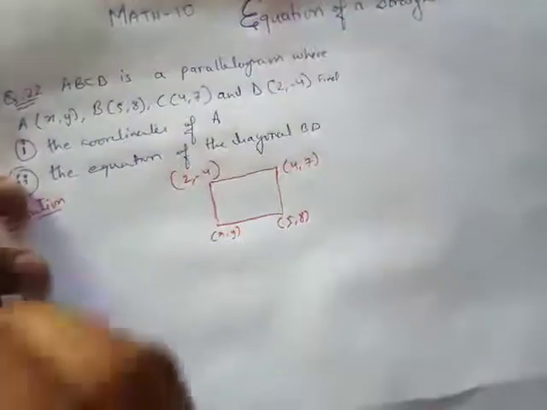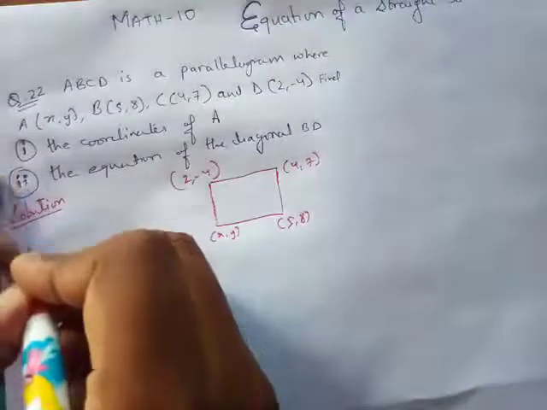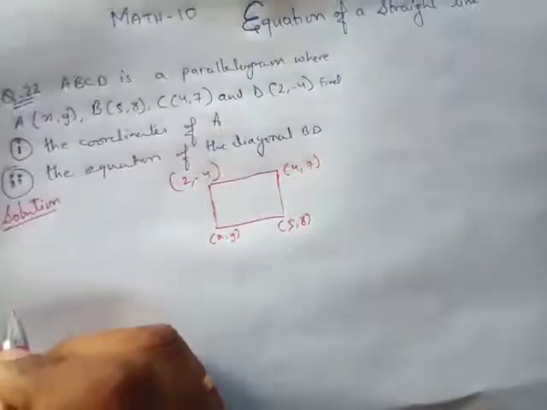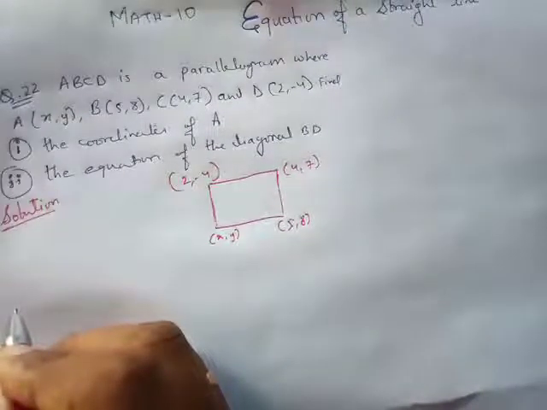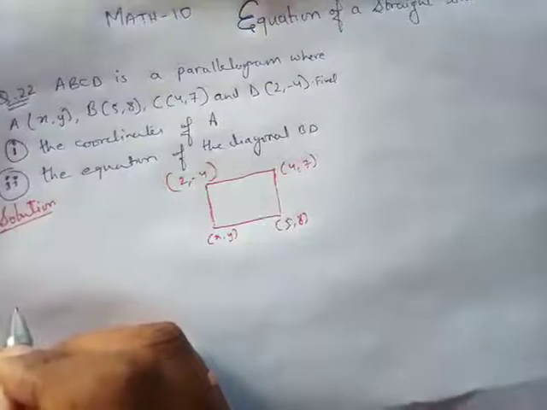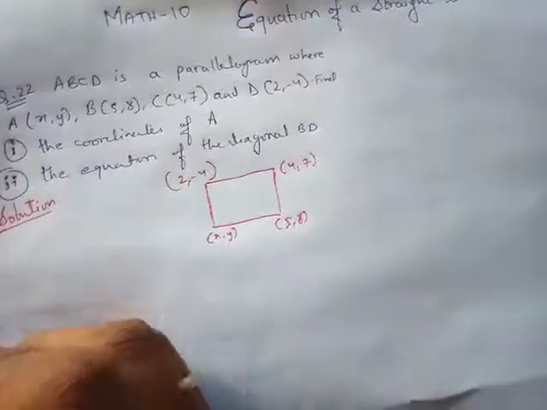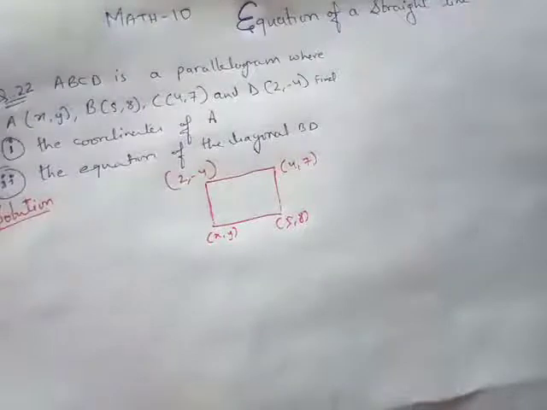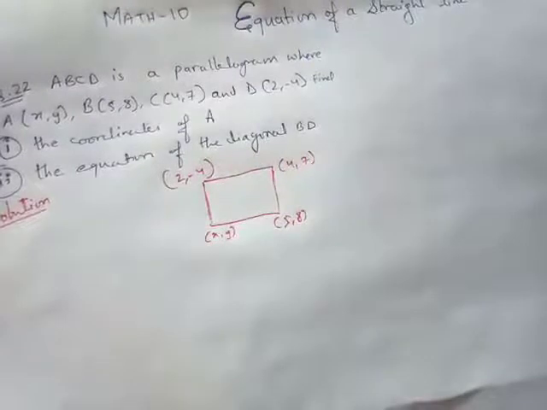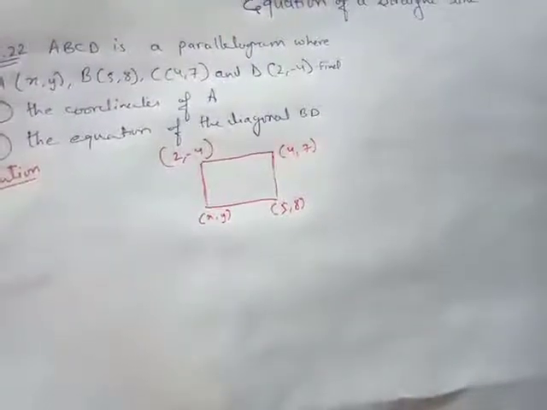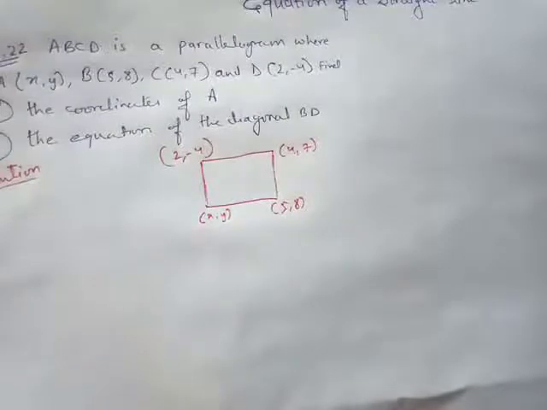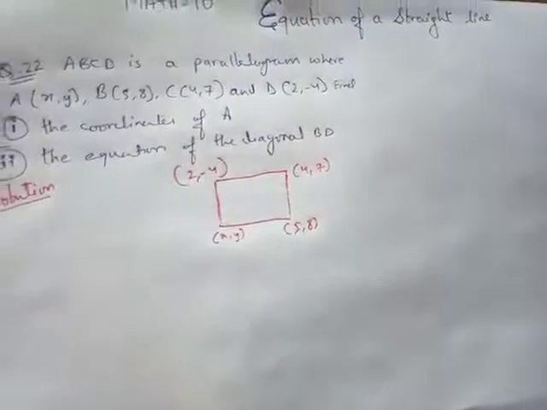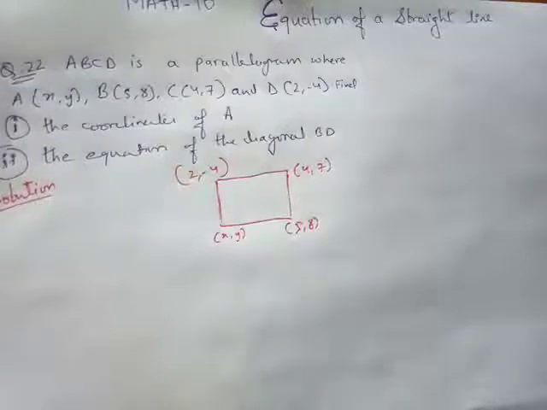Now what do you think can be done in this question so that I'll be able to get the coordinates of A? Think about it and answer me. What do you guys think? What can be done in this question? How to find the coordinates of A? We did this question on Tuesday, in the very first class we had, and we tried understanding why or how this question can be done. There was the same question in the previous exercise, right?